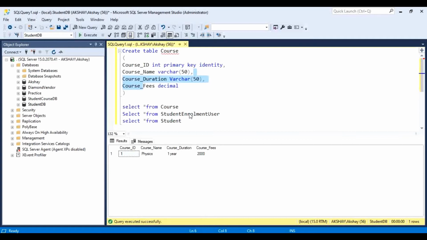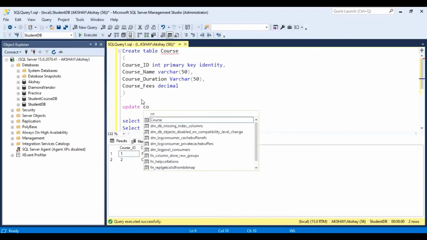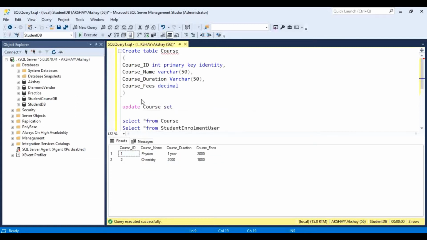Okay, and let me just edit that. So let me go there and let me just edit that. Not a big issue. We can edit that using this query as well, that is update course and set course duration is equal to 1 year, where ID, that is course ID, is equal to, that is, for this course ID I want that change.